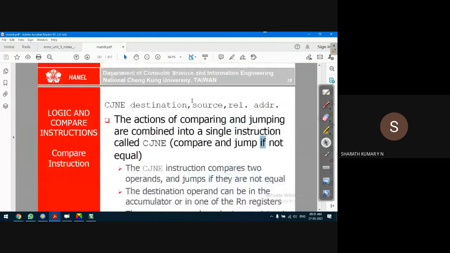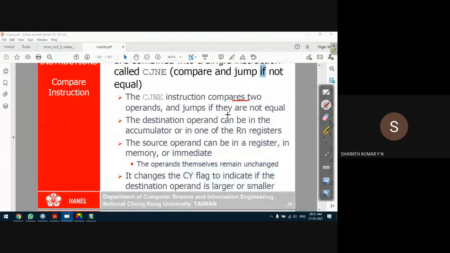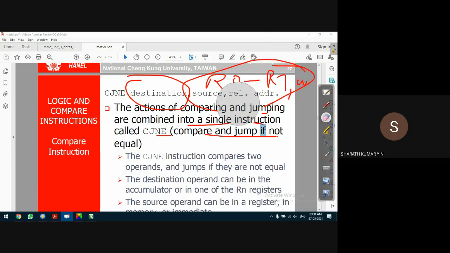In the CJNE instruction, the condition is that it compares two operands and jumps if they are not equal. The destination operand can be one of the registers, R0 to R7, or the accumulator, nothing else. What about the source?